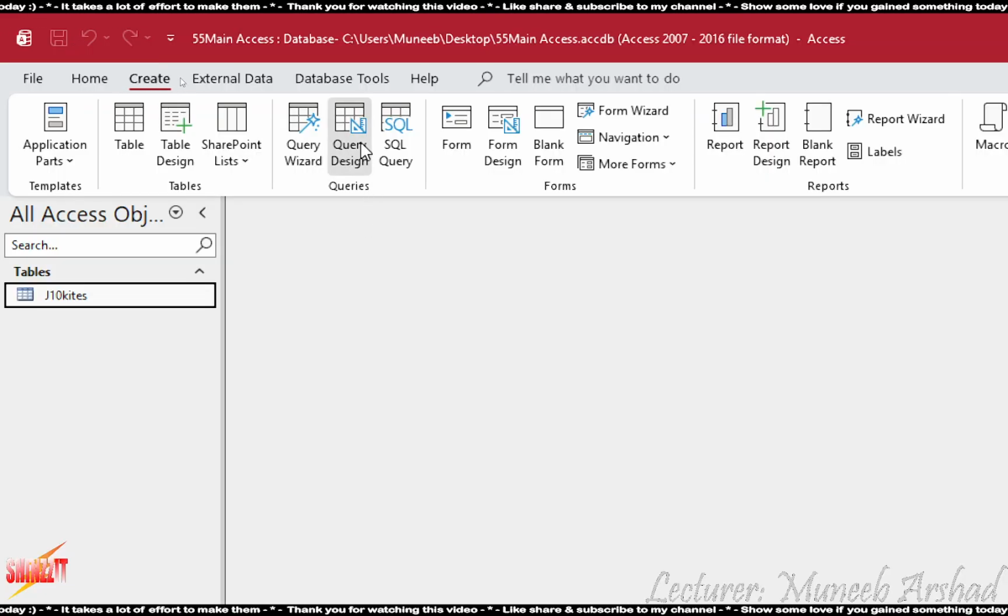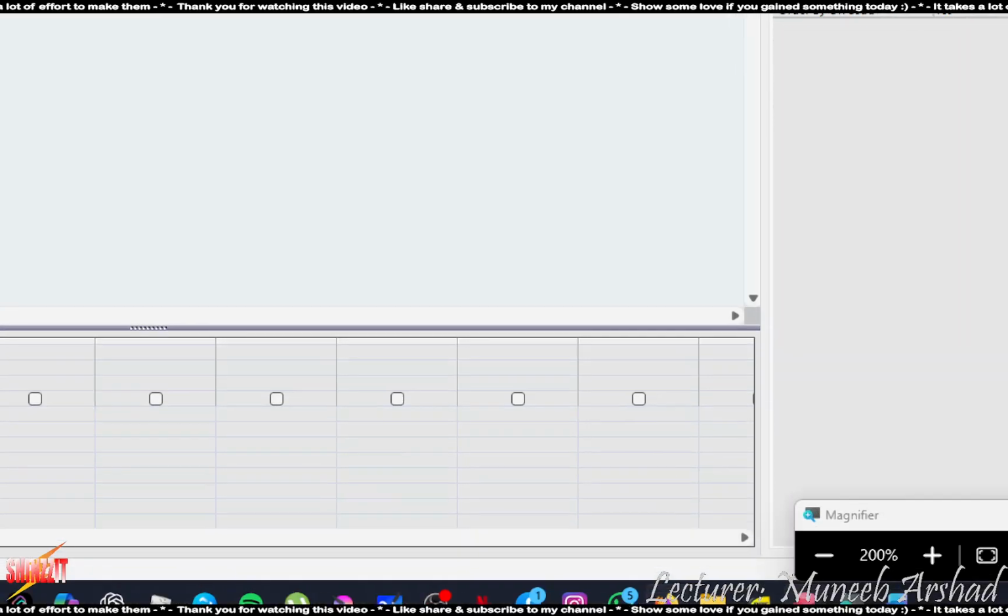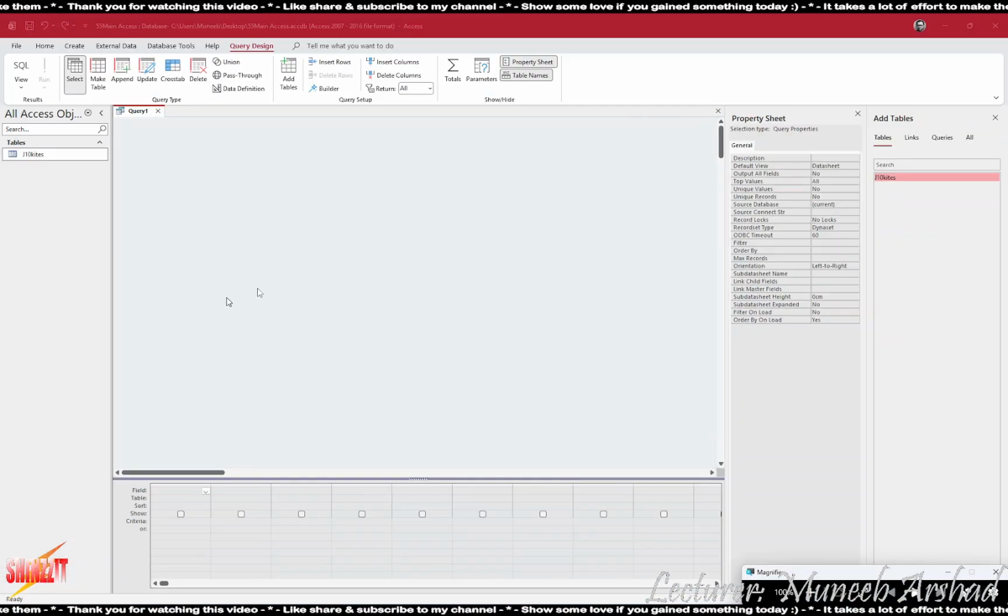you will click on query design. Let me show you how it looks. So the interface will totally change for you. Okay? This what you see actually is what we call the runtime environment. Okay, runtime environment is why? Because whenever you make a change, you can actually get to experience what impact it has on your data. Okay.